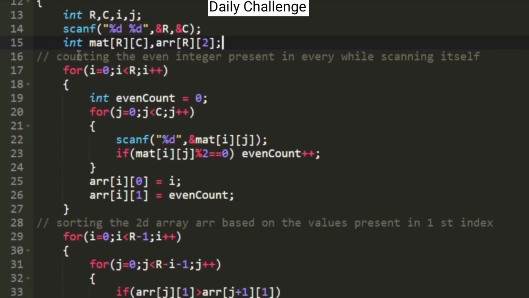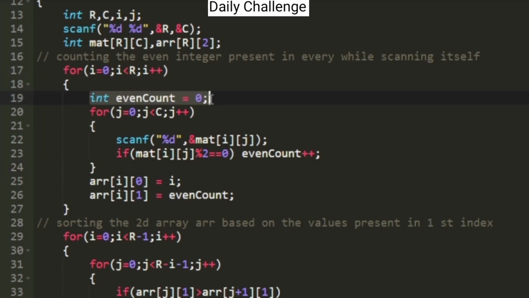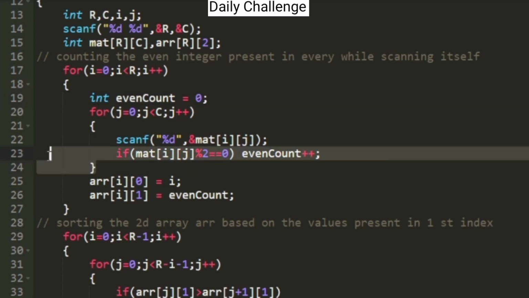Using a nested for loop, we are going to accept the input matrix, and we are also simultaneously going to count the number of even integers present in the row. In order to do that, here I am declaring a variable named even count and setting its value initially to 0. When this for loop finishes its execution, it would have accepted a complete row in the matrix.